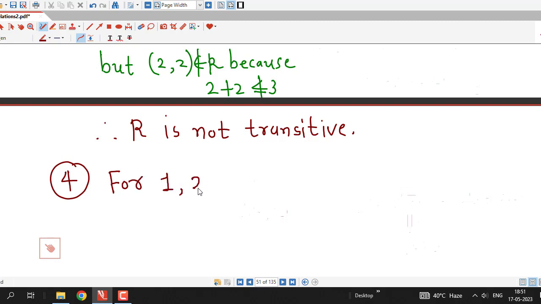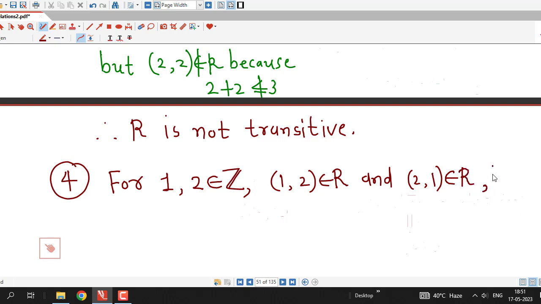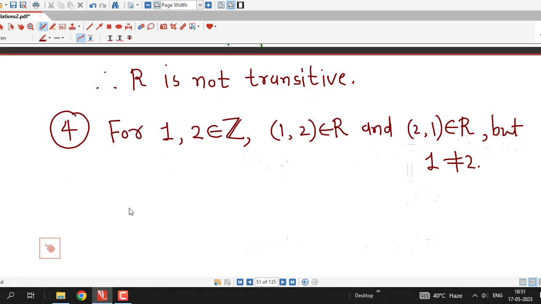So we can write that for 1, 2 belongs to Z, (1, 2) belongs to R, and (2, 1) belongs to R, but 1 and 2 are different or distinct. Therefore relation R is not